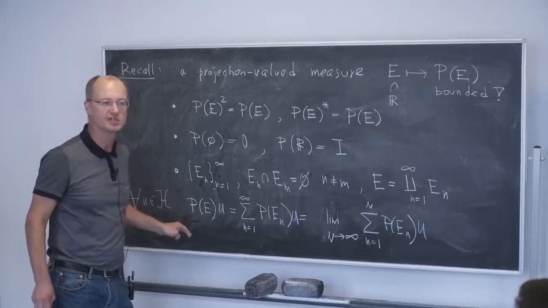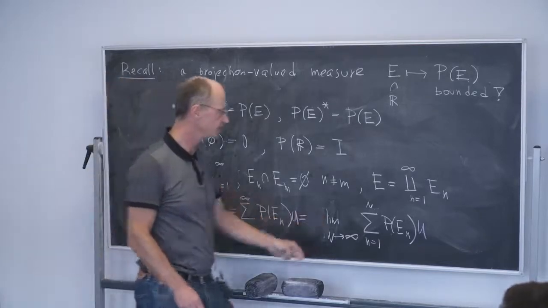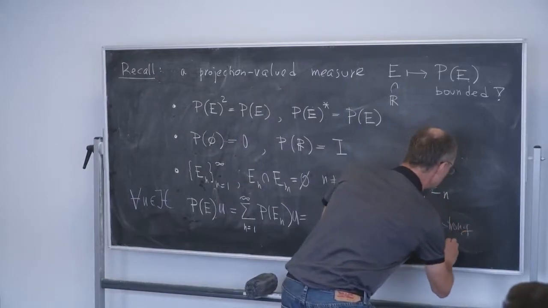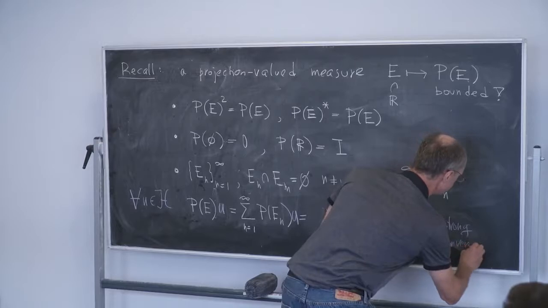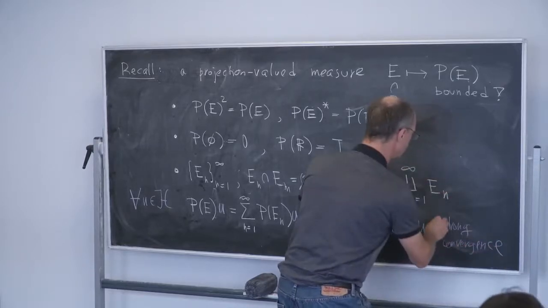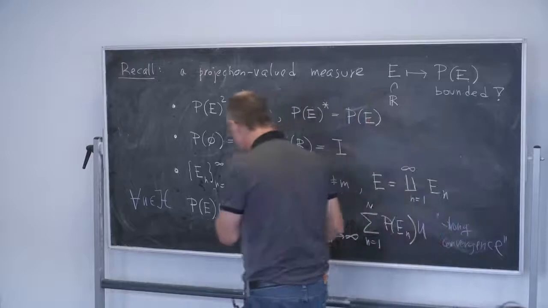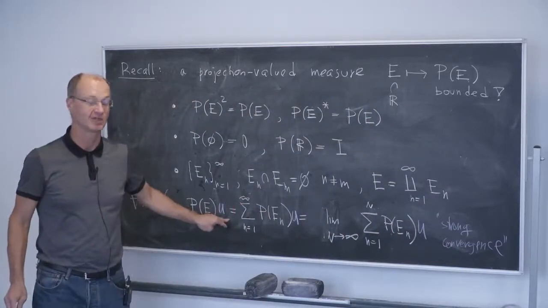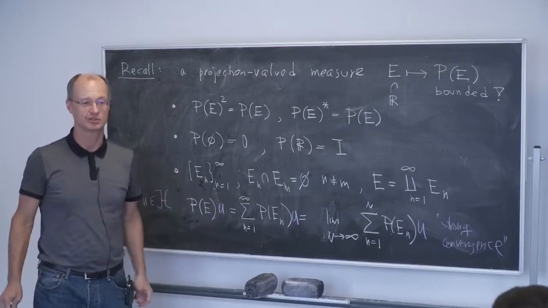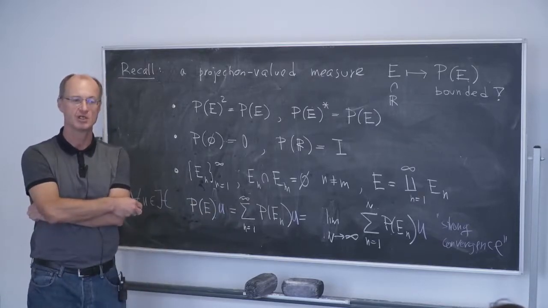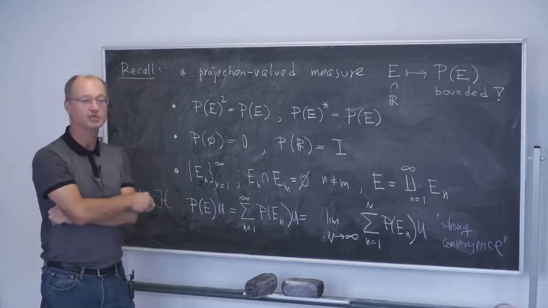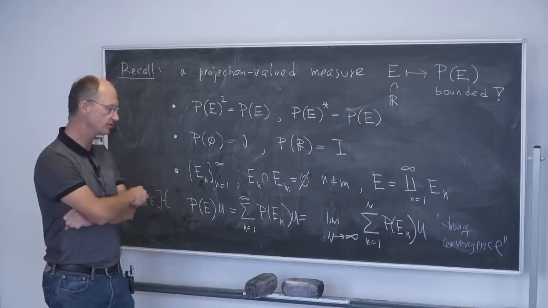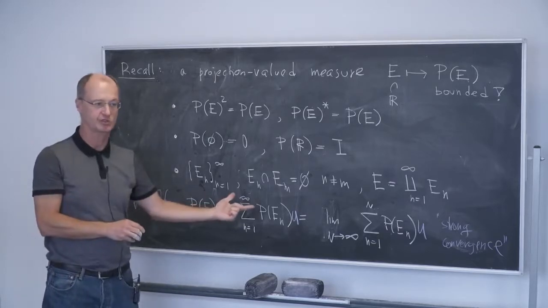That's not quite the same thing. So this property here is called strong convergence. And strong means that we do it on every vector. Strong is a somewhat misleading word because strong convergence is much less restrictive. It's much weaker than the operator convergence. Operator convergence implies the strong convergence, but